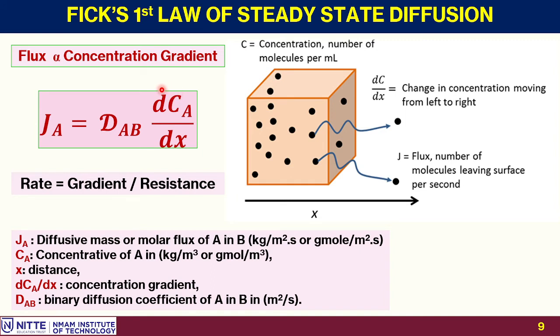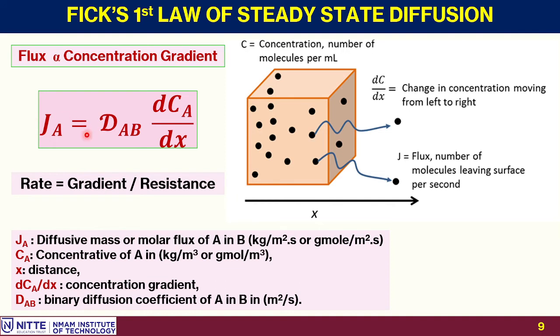In fact, that minus sign is considered for inclusion of dCA by dx, because when you say change, it is final minus initial. The final will be lesser than the initial, so that's why you get minus. But nevertheless, even if I write DAB dCA by dx, equivalently it means the same. So sometimes you write minus or you don't write the minus, the concept remains similar. Ensure that you have written negative or positive, but in an explanatory way, the gradient is in decreasing order.